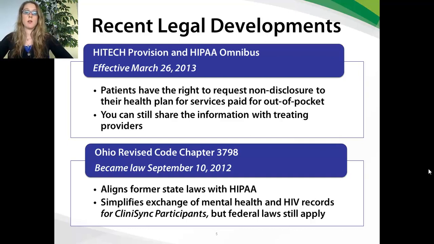The second is Ohio Revised Code Chapter 3798. This became law on September 10, 2012. This law aligned former Ohio state laws with HIPAA and simplifies the exchange of mental health and HIV records for CliniSync participants. Federal laws do still apply, but this law aligned all of the previous Ohio state laws and case law